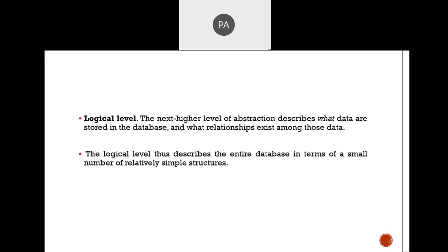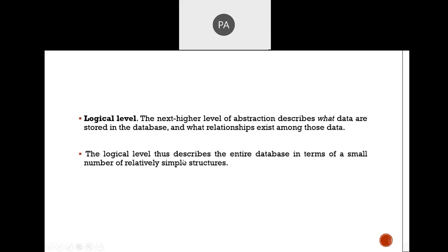Now the second one is the logical level. The next higher, or intermediate, level of data abstraction describes what data are stored in the database and what relationships exist among those data. This statement is most important: what relationship exists among this data? That is specified by the logical level.